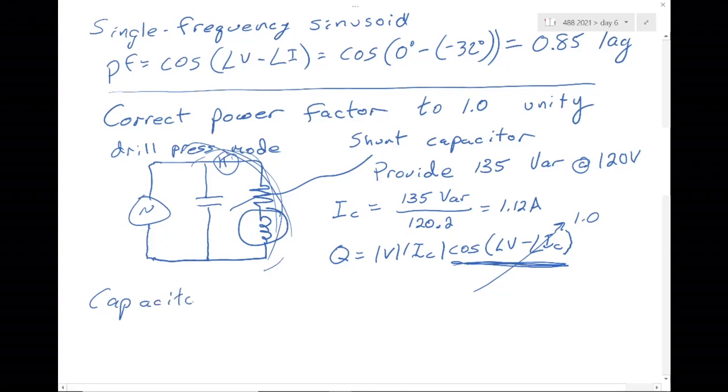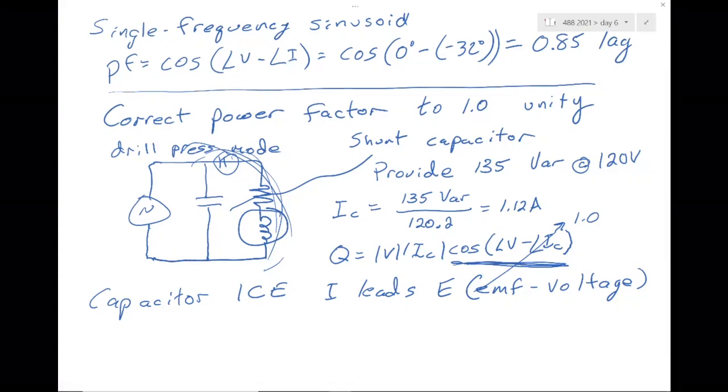In a capacitor, ICE, I leads E. E is an archaic term for voltage, but you can remember ELI the ICE man to remember which leads, voltage or current, in a capacitor or an inductor. So current leads voltage by